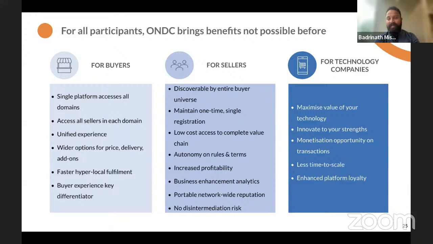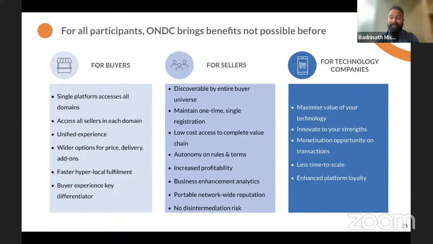We all know that rating is very critical in the e-commerce world. Now, if you are on any marketplace, for example, and you are doing well, you have a 4.7 or 4.8 rating, the moment you start on another application, you have to start from scratch. On ONDC, you carry your reputation always across the network. That means once you have a high rating or any rating, it is available on all buyer applications the same way, or any new buyer application that joins the network also starts showing your historical rating or your legacy reputation.